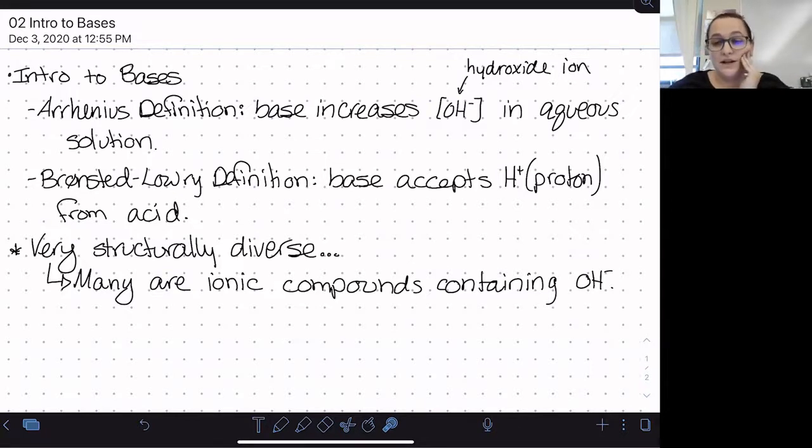So anything that contains hydroxide as its anion is definitely a base, so those are pretty easy to identify, but there are many others as well that are less obvious. So our strong bases all fall into this category of hydroxide compounds. So the strong bases,